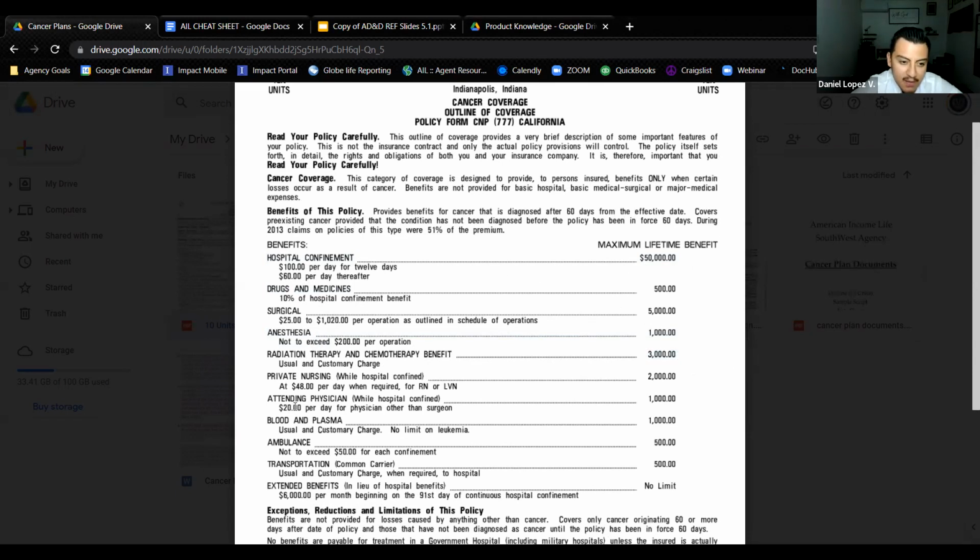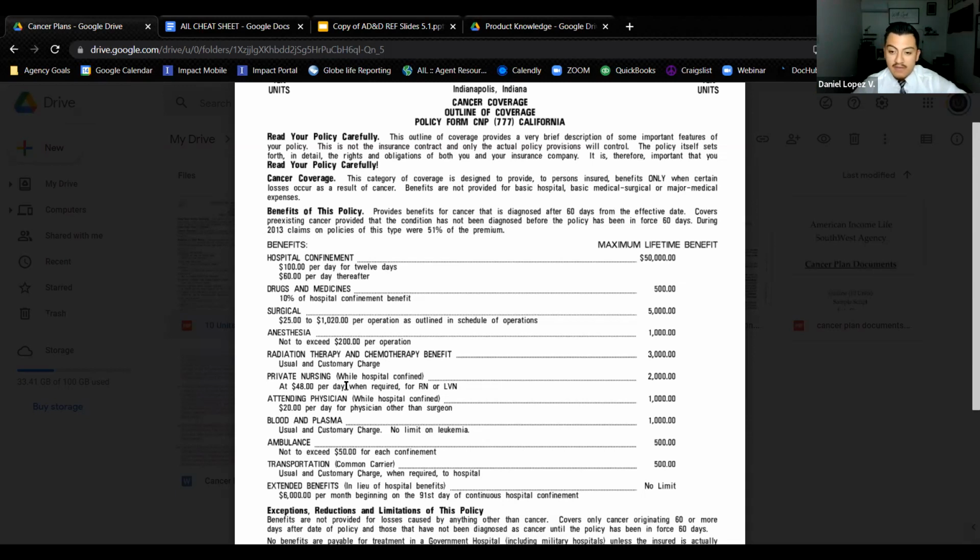Here's the thing with cancer, it's very easy to sell, because with cancer, if you have health insurance, which most of you should, your health insurance will cover most of your procedures. They'll cover most of it. Here's the thing about cancer. Now where we're at compared to 50 to 100 years ago, more and more people are surviving cancer compared to a long time ago. The thing is, cancer is very expensive.